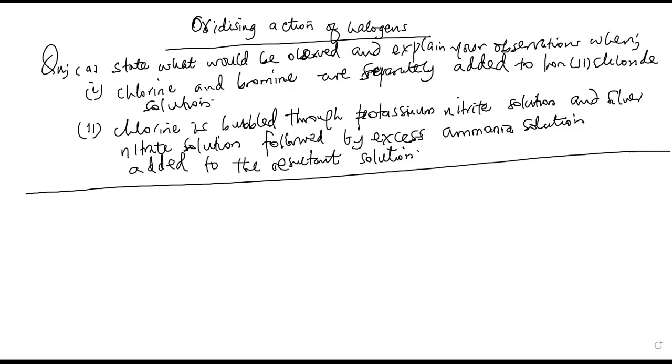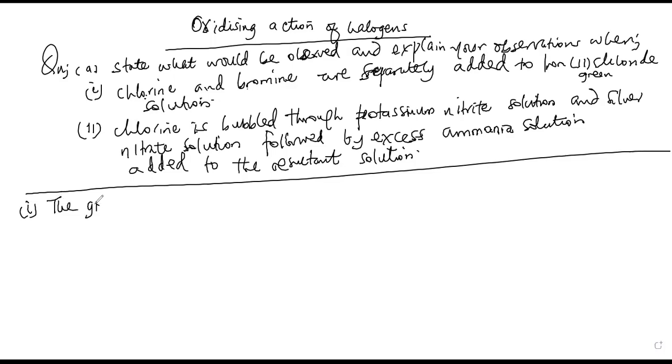So that is our question. If we add chlorine and bromine to iron 2 chloride solution separately, since both are oxidizing agents, iron 2 compounds are green. So we expect this iron 2 to be oxidized to iron 3. Iron 3 is brown. So the observation would be in part 1 that